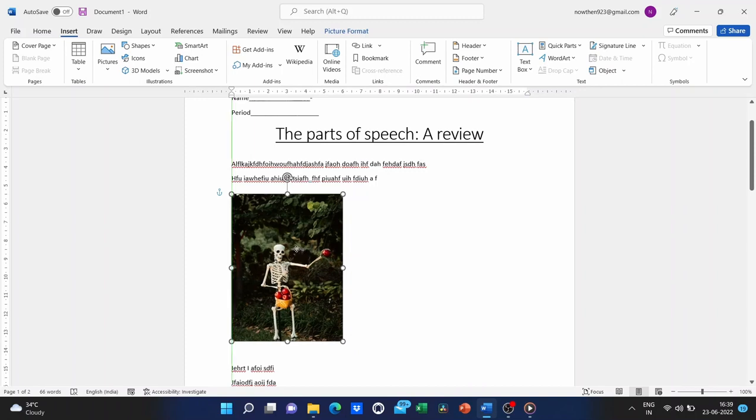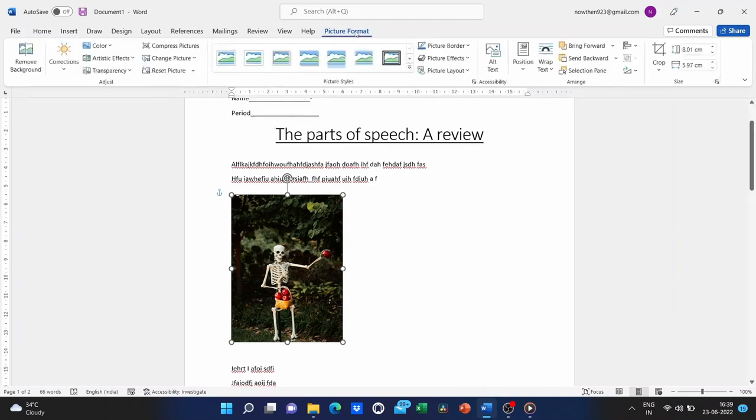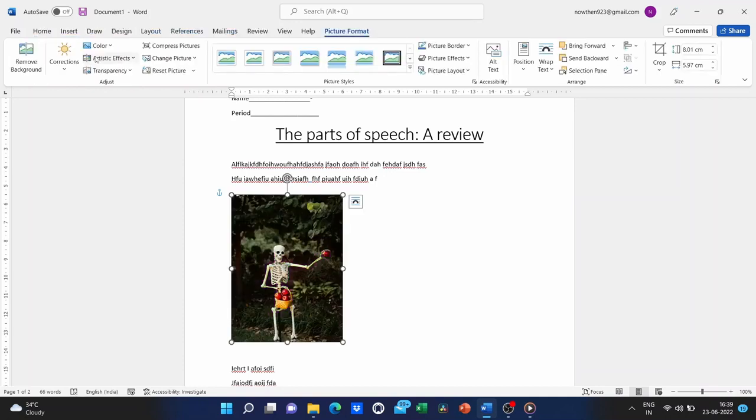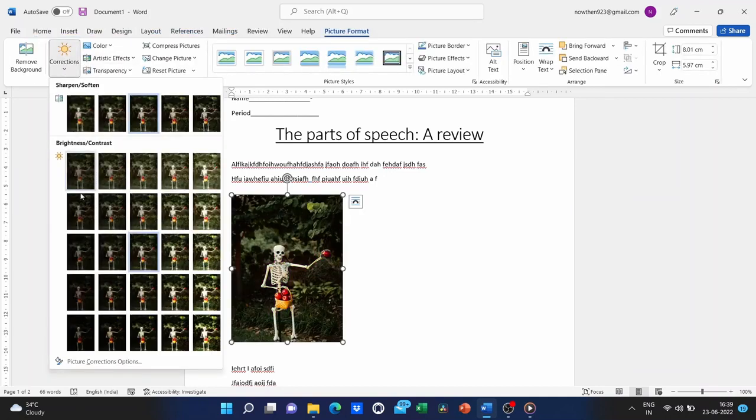Now, before we move away from the photo and move on to other topics, I want you to notice this Format tab that I mentioned earlier. When you click on a photo and then the Format tab, it gives you some options to do some things that are really nice. You can remove the background. In this case, it wasn't very successful in how I removed the background. You can alter the color scheme in a lot of ways.